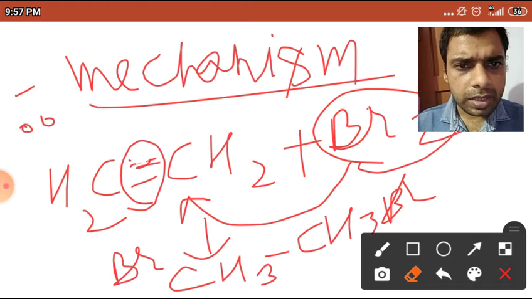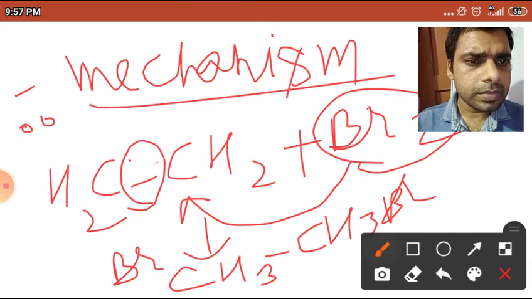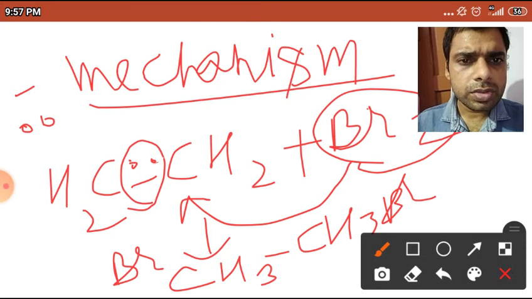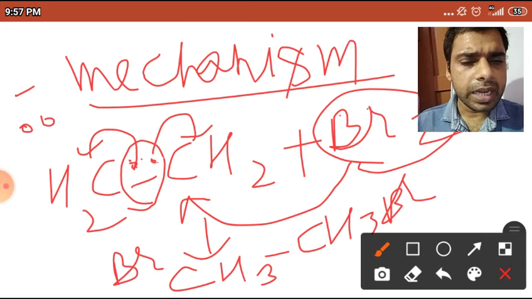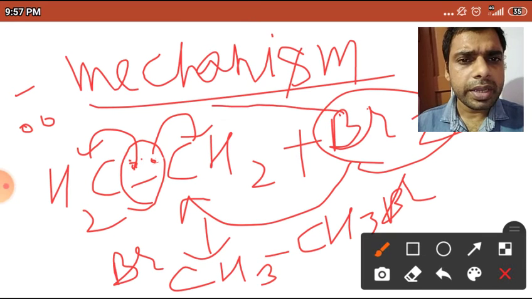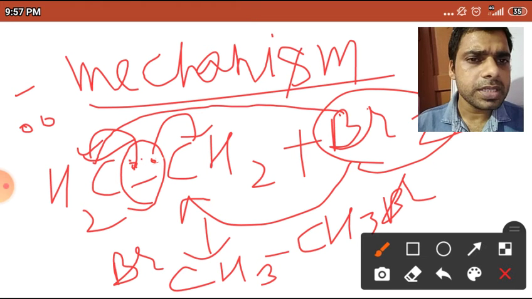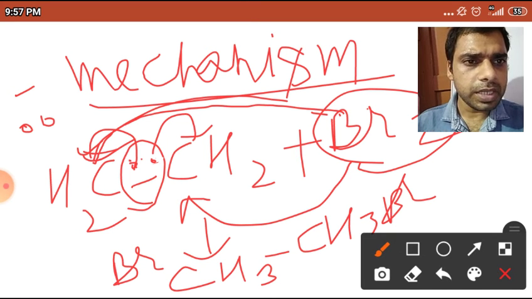then I can write 2 electrons. So homolytic fission, heterolytic fission: you have 1 electron with this one, 1 electron with this one, and Br will go and occupy that space, because Br also has 1 electron, okay? Availability of Br, chlorine same, 7 electrons, right? So it will go and occupy that space. Br2 is there, so one will go with this CH2 and one will go to the other CH2.